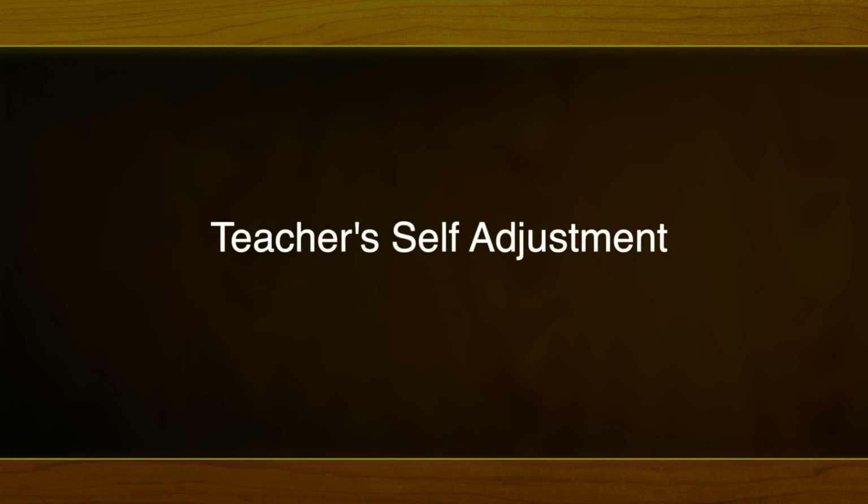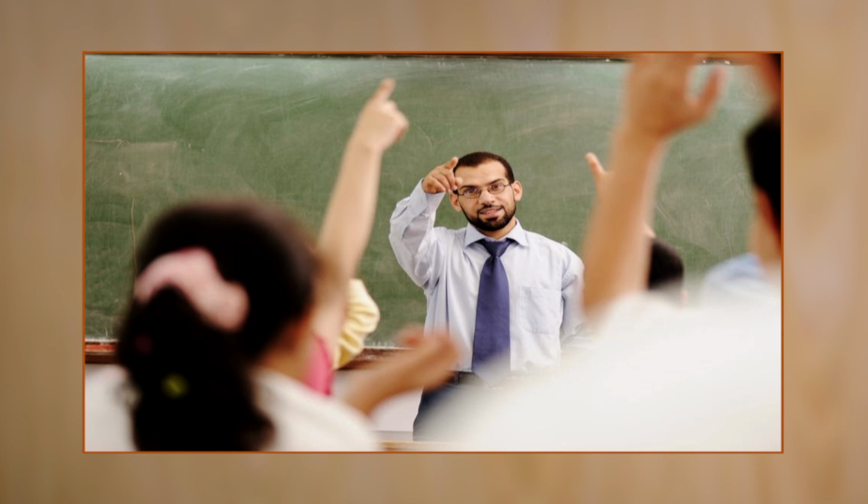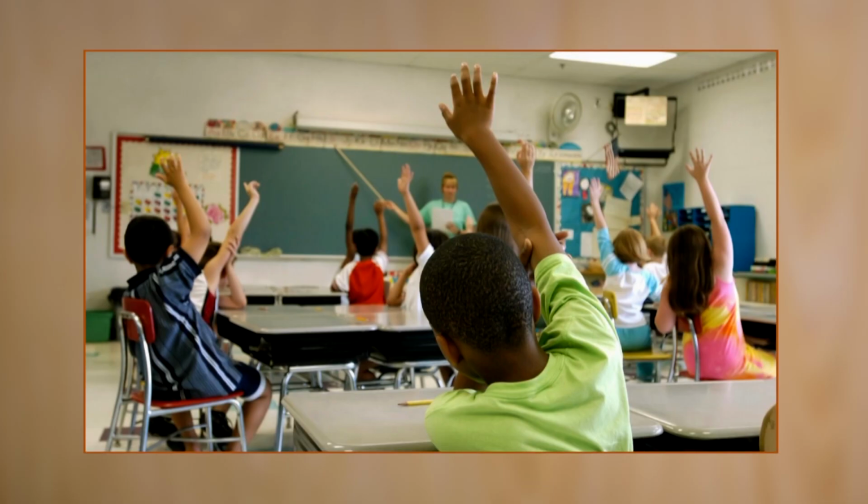Now, teacher's self-adjustment. The integrative behavior of the teacher should be satisfying to him as well as to his students, and it tends to bring about integrative behavior in the children. The democratic and receptive behavior of the teacher leads to better emotional rapport in the class and develops positive attitudes in students towards the teacher and the classwork. The dominative behavior of the teacher creates a resistance in the children. A well-adjusted teacher is capable of showing mature attitude towards pupils' immature behavior.